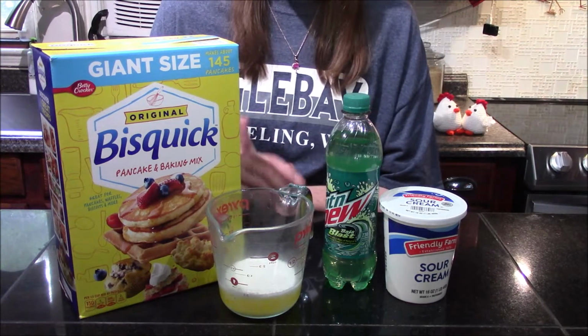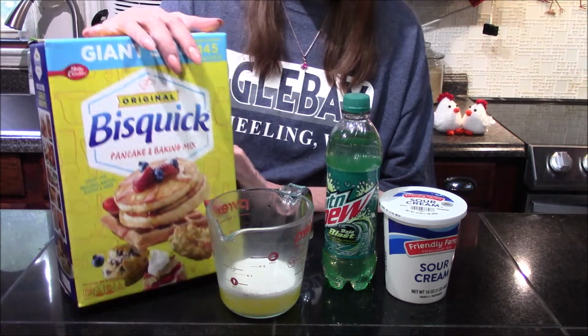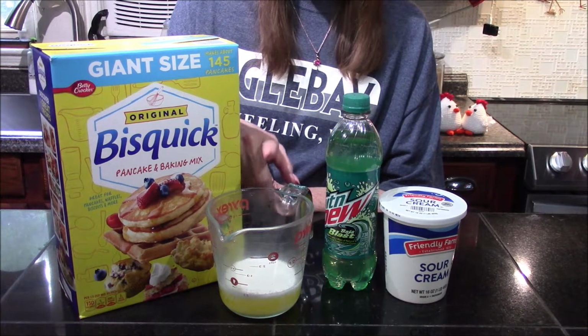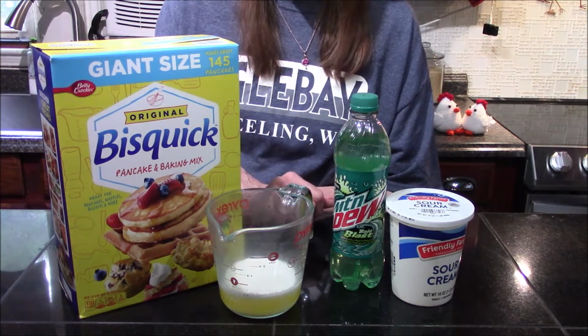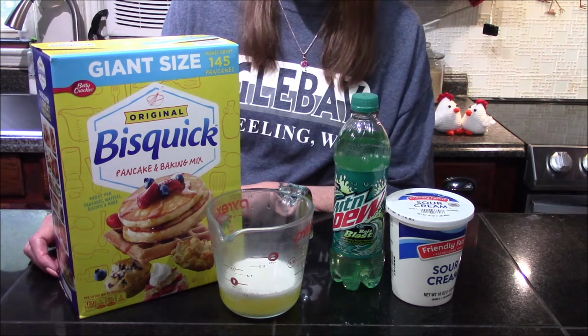Today we're going to be making a super quick and easy biscuit recipe using 4 cups of a biscuit mix. Today I'm using Bisquick, 1 stick of melted butter, 1 cup of Mountain Dew, I'm choosing to use Baja Blast, and 1 cup of sour cream. These are all our ingredients, so let's get them moved out of the way and we'll start bringing our biscuits